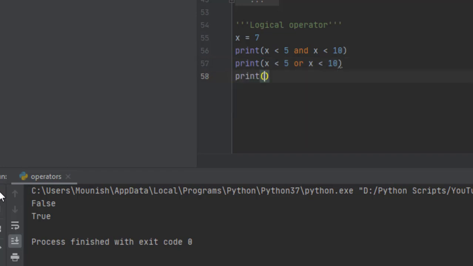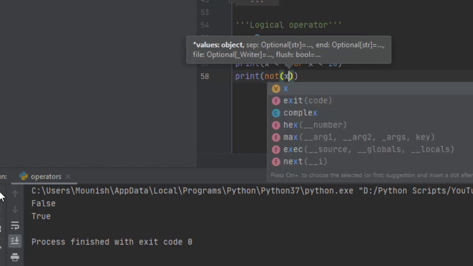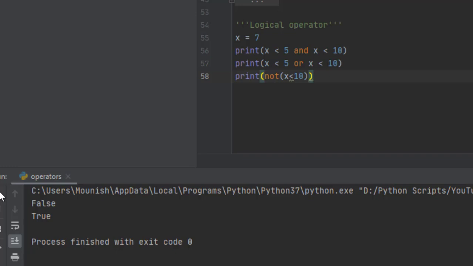Next, we'll be printing out the NOT operation. How do you print out this NOT operation? NOT, first, in the bracket, I'll put the condition x is less than 10. Why in the bracket? Because the computer doesn't know that x is less than 10 is a single condition. It will take NOT of x alone.